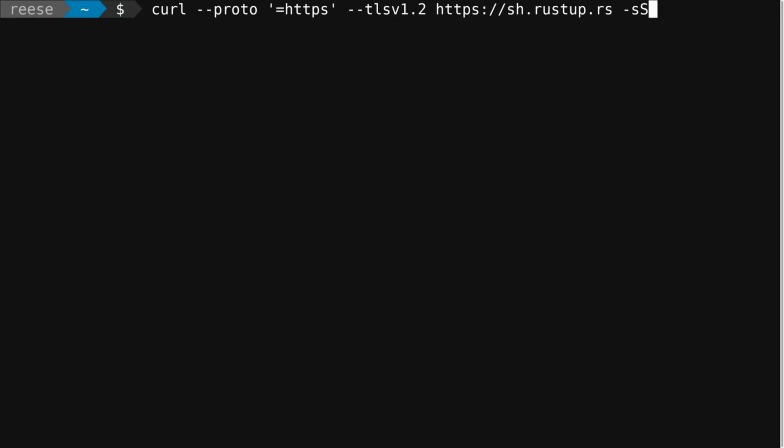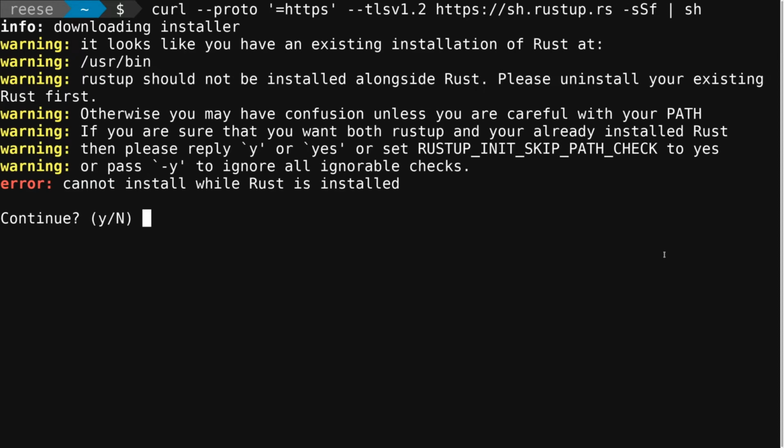flag, in case there's an error, and the lowercase f, which means to silently fail on server errors. So that way if something goes wrong, we don't get HTML of a 404 page. Then we pipe that output into sh, the shell command language, so that it executes it. And we press enter. Now, of course, I already have Rustup, so I'm not going to try to install it